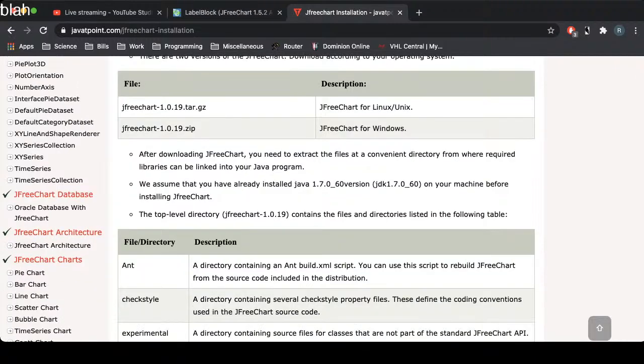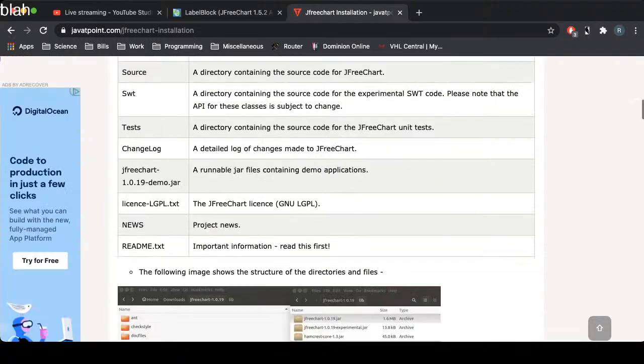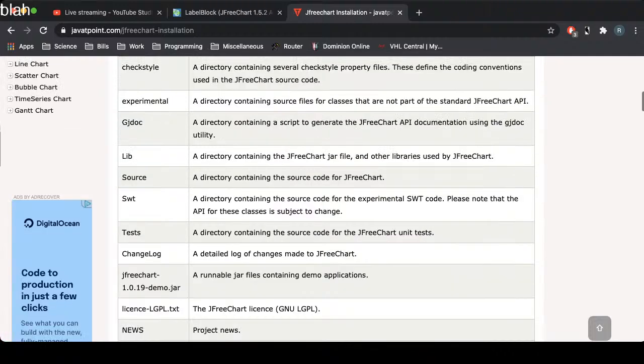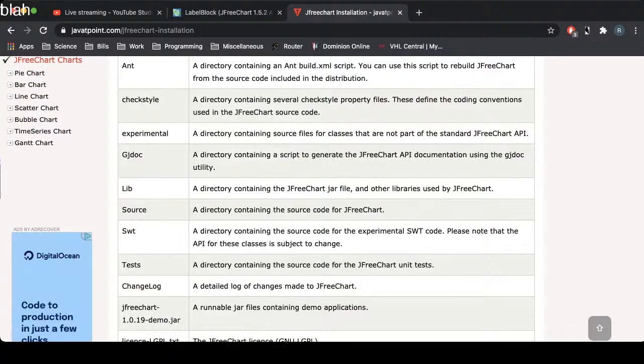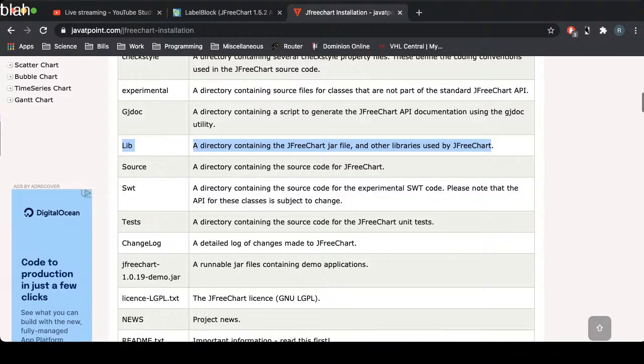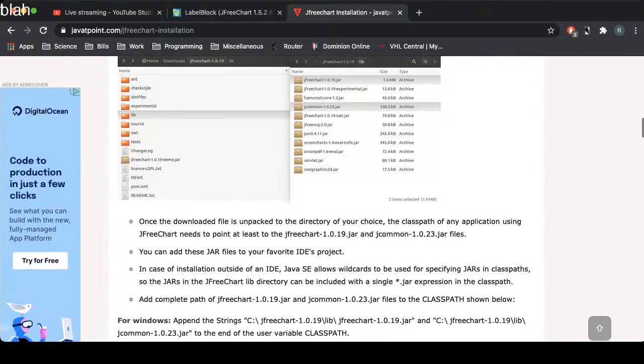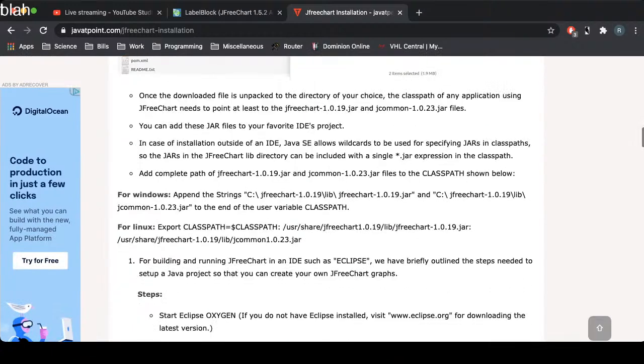And then basically there is a folder called library. And it has some jar files. Okay, so we have to deal with jar files again. And you have to add these two jar files to your class path, just like you did last time